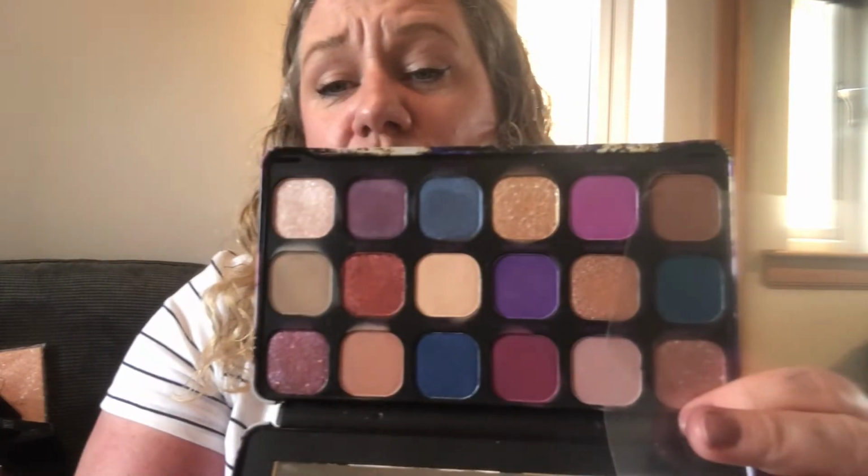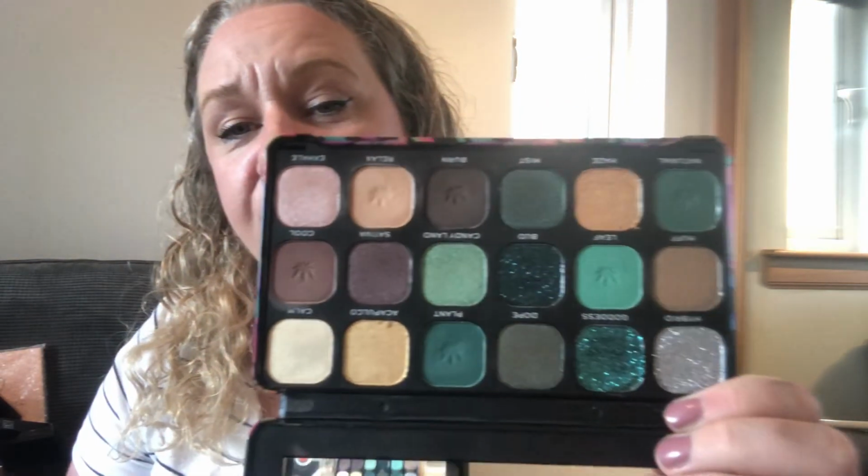The next one I've got is this Revolution Forever Flawless Utopia. Haven't used it, only swatched it. We'll do a look with it and then decide what I want to do. It's going down here. The next one is the Chilled Cannabis Sativa. This palette is going nowhere. It's absolutely gorgeous. I think I've only swatched it, or I might have used it for a look when I was doing the